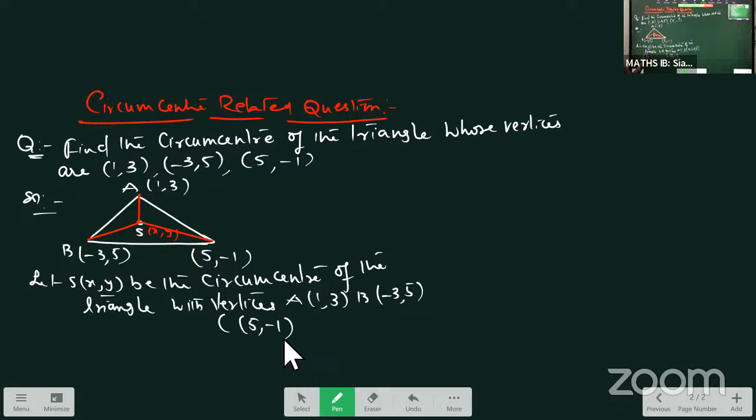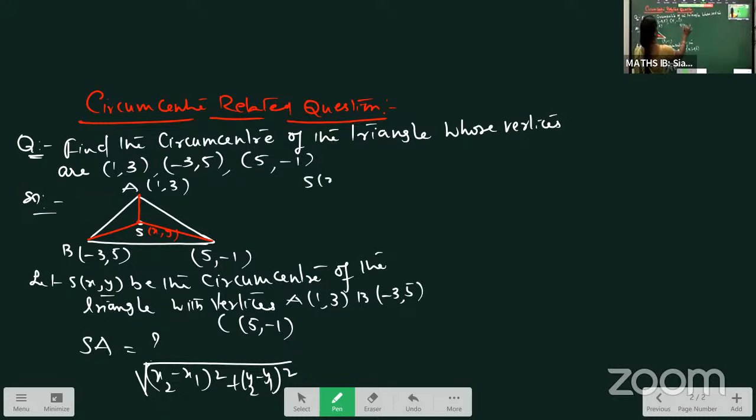Then you write, see, SA I need. So how to find SA? What is the distance formula? This is a very famous one, and you have been learning it from school level: under root of (x2 minus x1) whole square plus (y2 minus y1) whole square. So what is (x1, y1) and what is (x2, y2)? Always keep S(x, y) as (x2, y2),